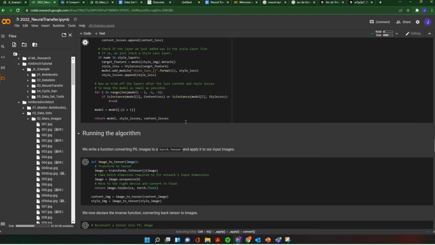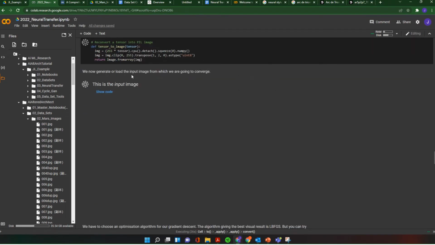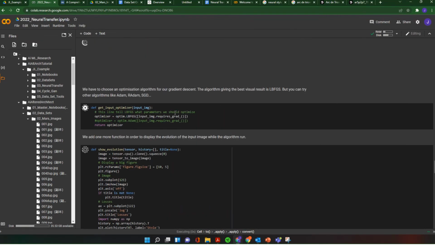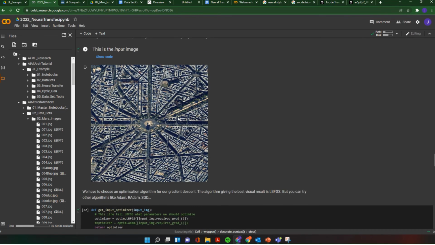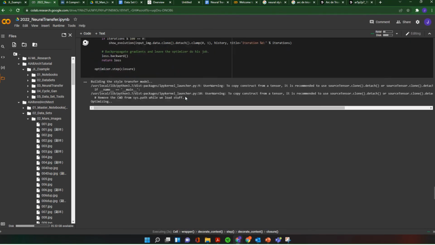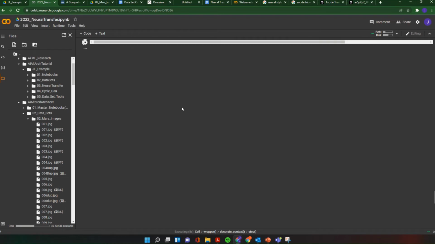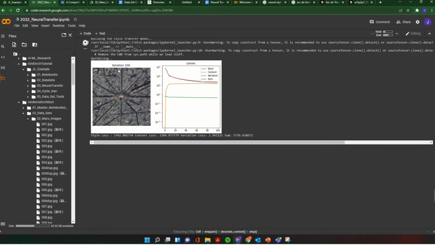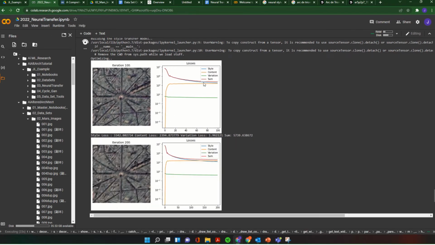And then it should, if we keep navigating down to the bottom, eventually we'll start to see our iterations appear. So we can see here, that's iteration 1. It's starting to show us the different iterations, and we can see here in terms of the graph, it's going to show us